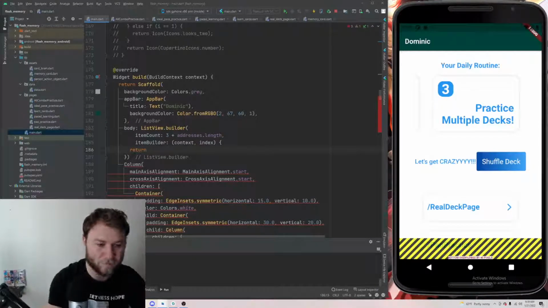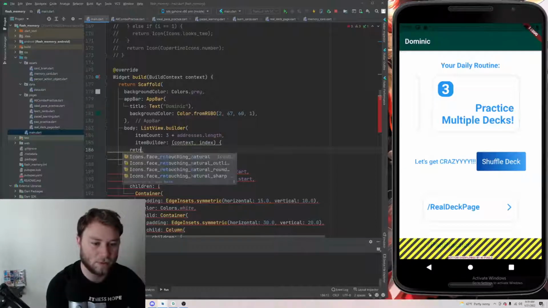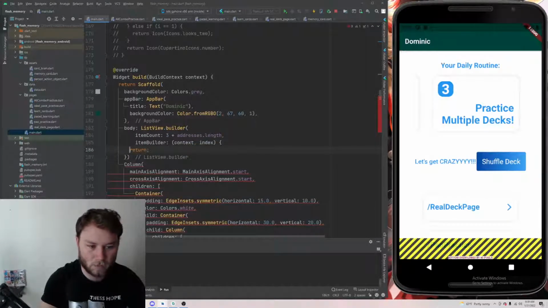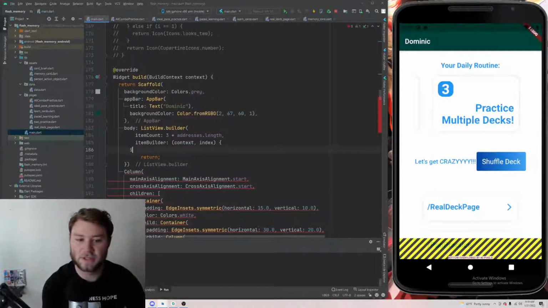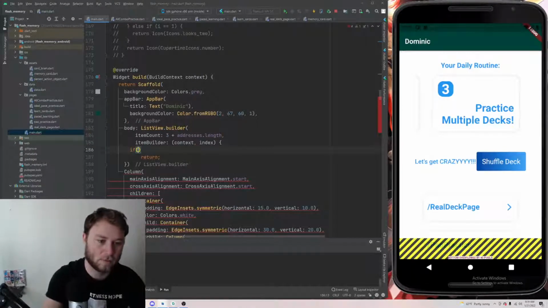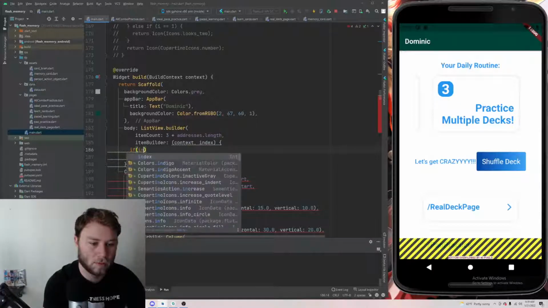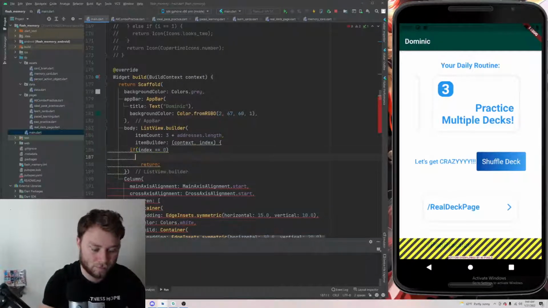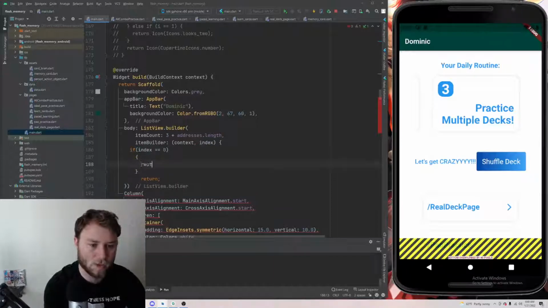So here's how we're going to do it. We're going to start with a little logic. So if index is equal to 0, we're going to return